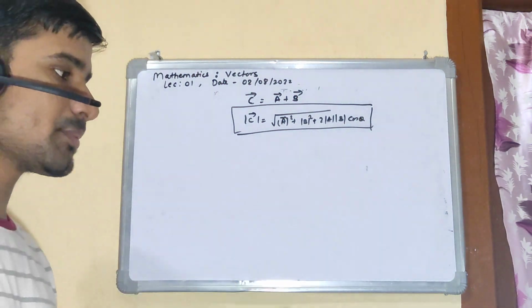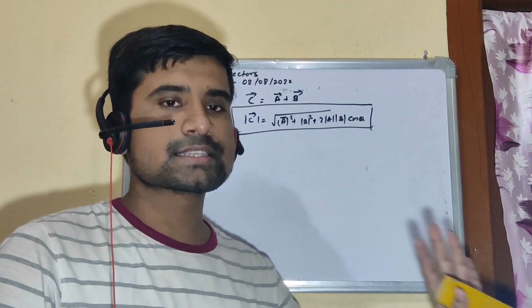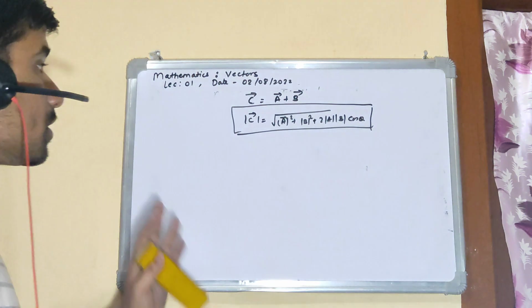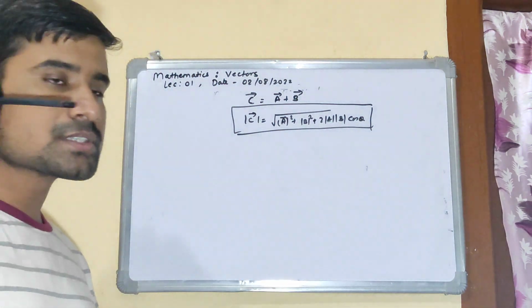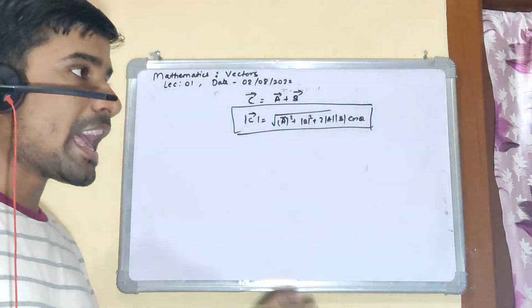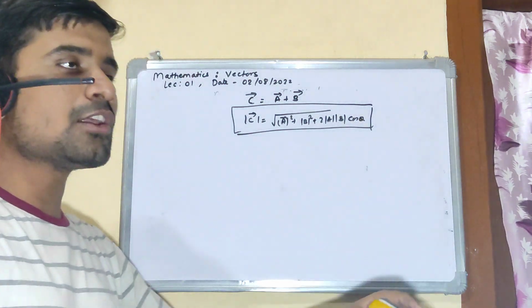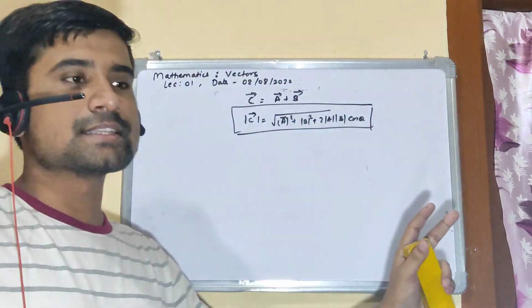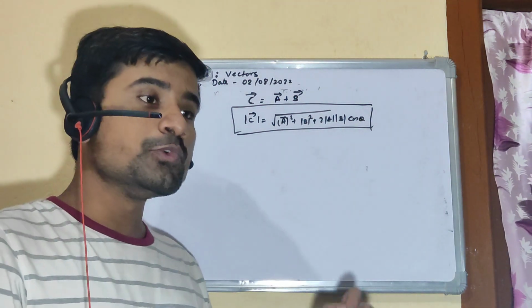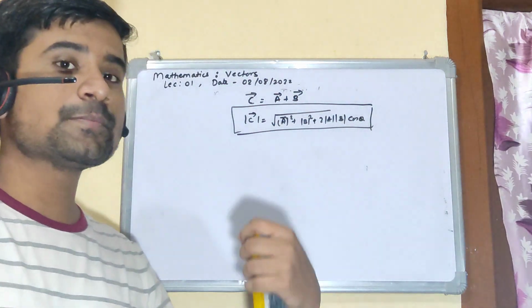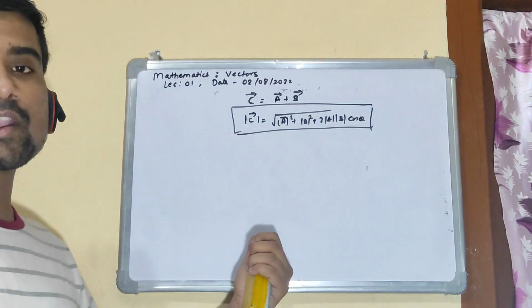So remember, there are two types of quantity. First is scalar quantity. The quantities which have only magnitude are called scalar quantities. Coming to vector quantities, those quantities which have magnitude, direction, and which follow the triangle law of vector addition are called vector quantities, right? And why I'm adding this is because there are some quantities which have magnitude and direction, but they are not vectors because they don't follow the triangle law, right?